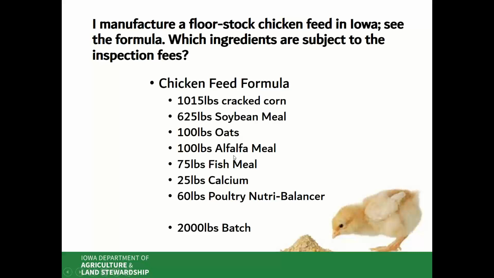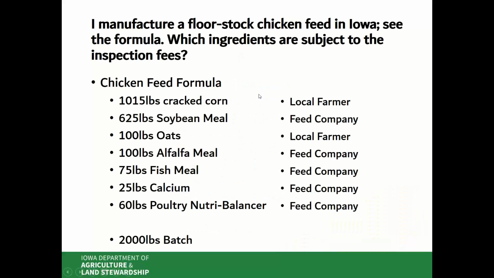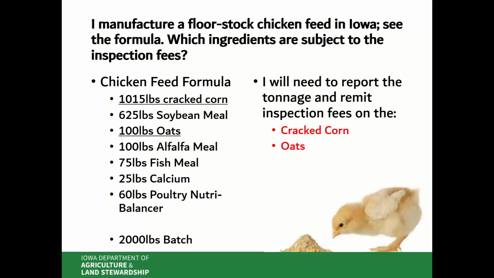So let's say I manufacture flock stock chicken feed in Iowa. The formula is below. Which ingredients are subject to the inspection fee? We have cracked corn, soybean meal, oats, alfalfa meal, fish meal, calcium, and poultry nutrient balancer. We get the cracked corn and the oats from a local farmer, and we get the soybean meal, alfalfa meal, fish meal, calcium, and poultry balancer from other feed companies. With that being said, the ingredients that would need to be on the inspection report are the cracked corn and the oats. This is because